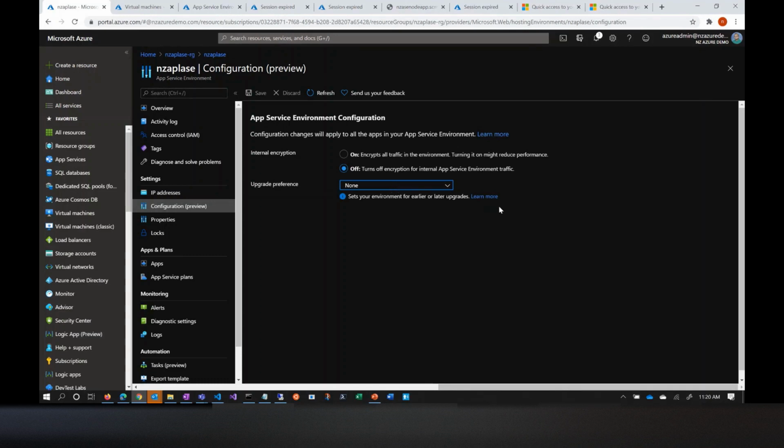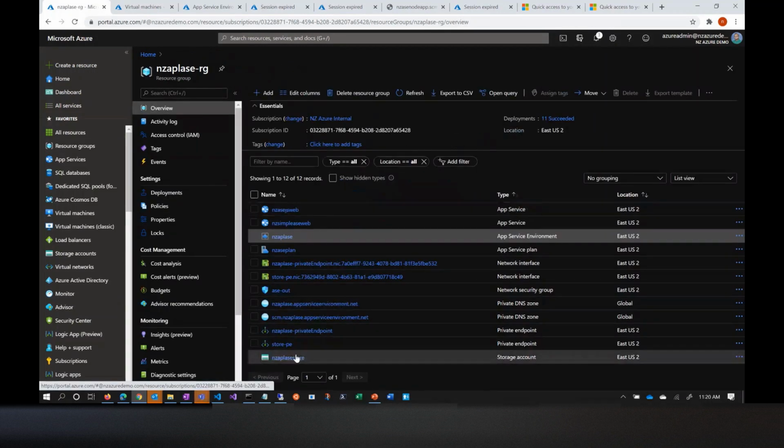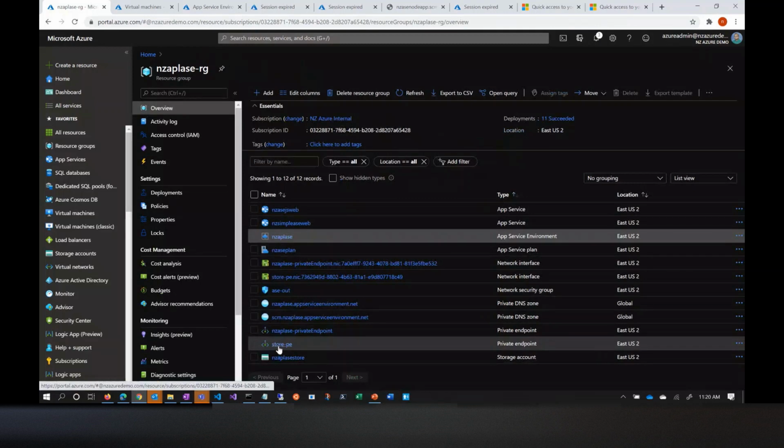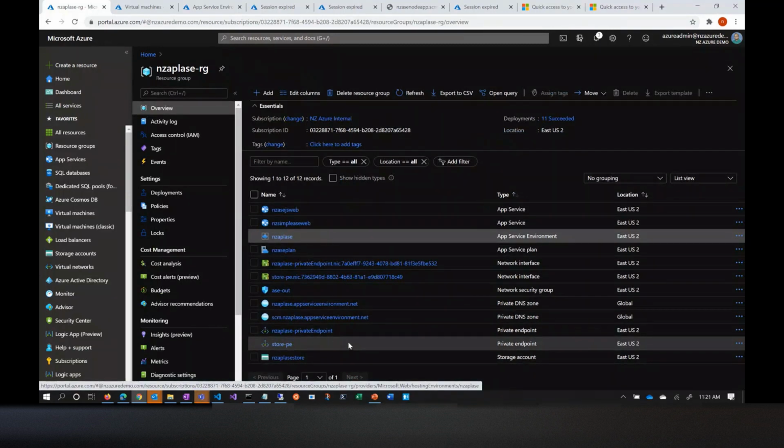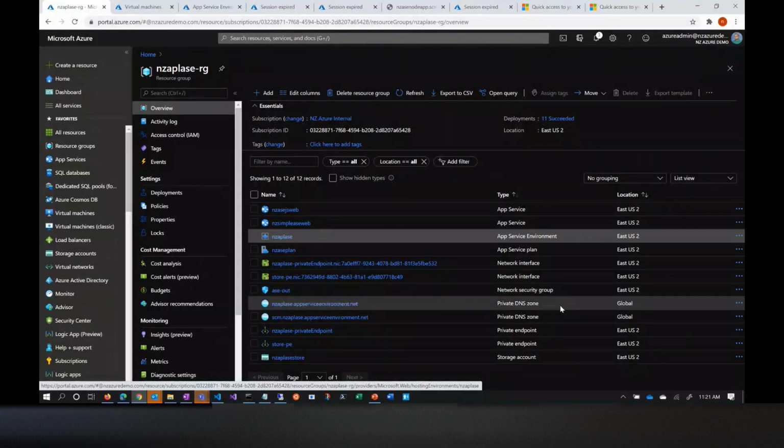I can choose early upgrades or late upgrades, so that gives you an option as well. That's my app service plan. And one thing I want to show you in the resource group is my virtual network. Where did it go? Network. Okay, that is in a different